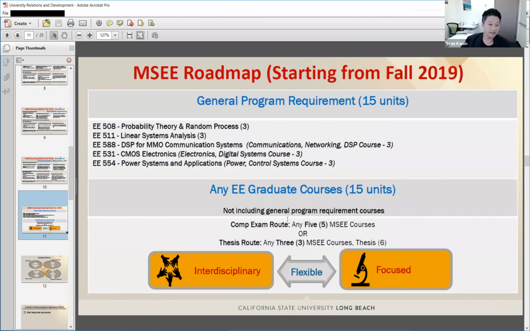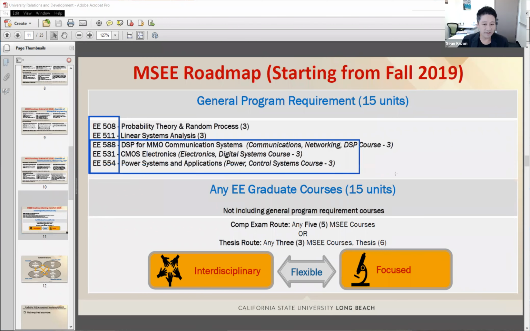So as I explained, again, let me emphasize again, we have 5 mandatory classes, especially if you joined in or after fall 2019. Almost all of you joined in or after fall 2019. These 5 are mandatory classes, and the 3 classes represent different emphasis or tracks.